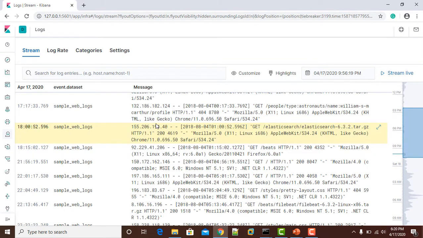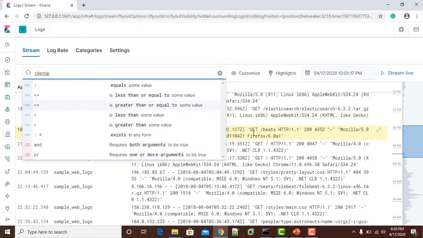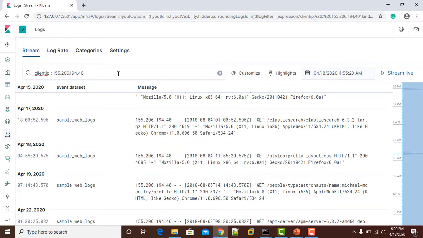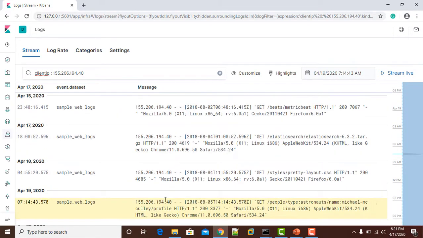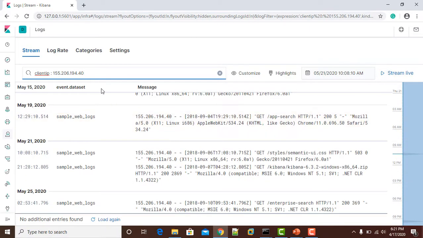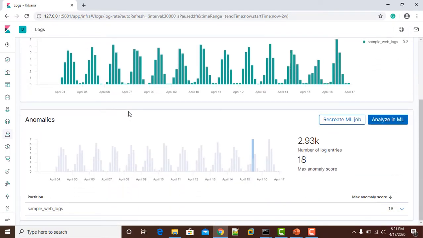Logs, where you can find all your raw logs from your system, and you can also put filters like client IP equals, and you can hit a random IP and it will get filtered as per this IP. You can see the IP got filtered.